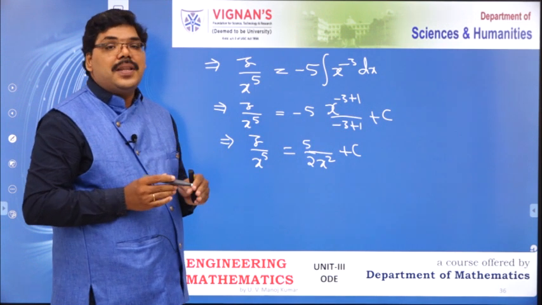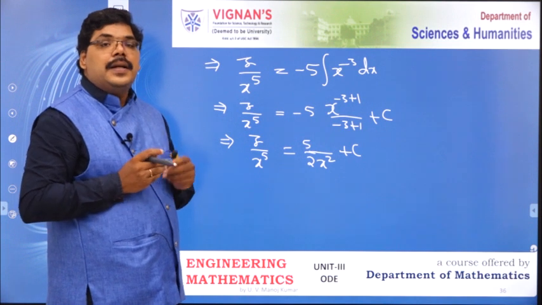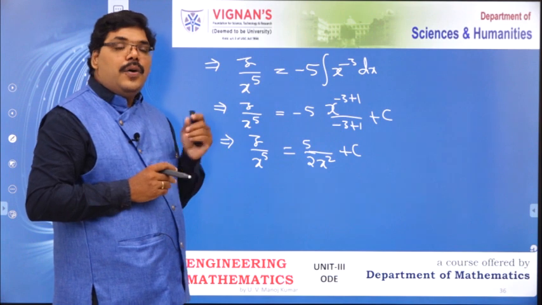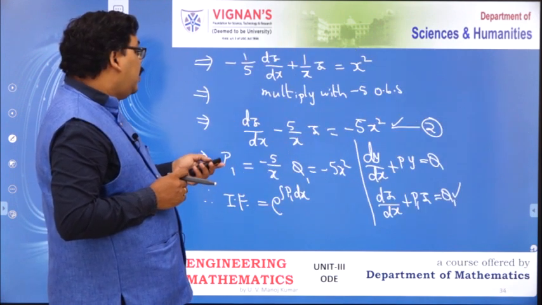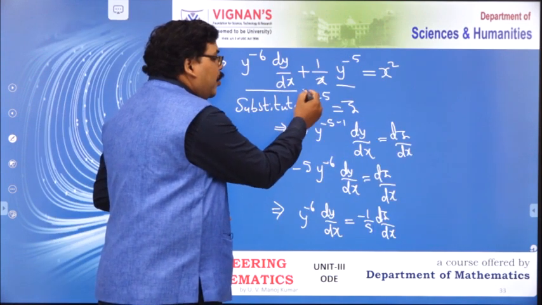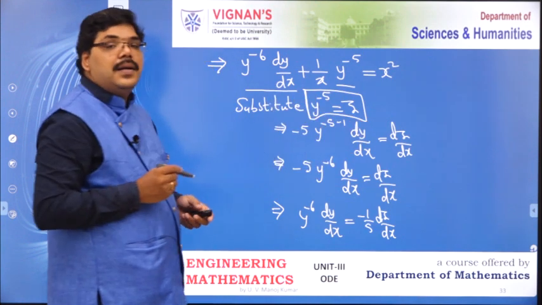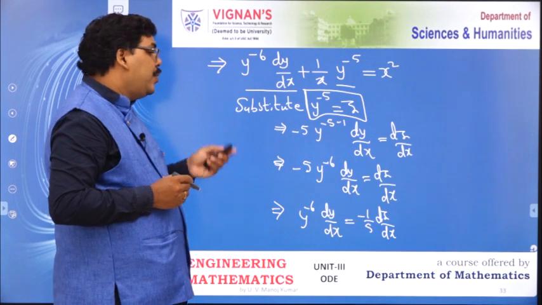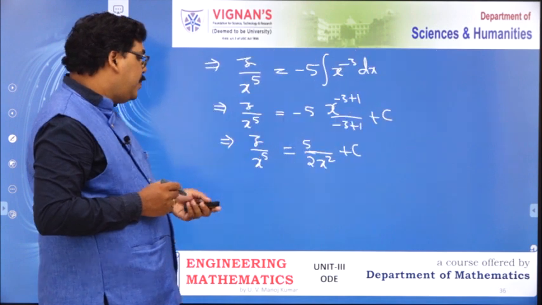I want to find the solution for the Bernoulli's form equation, first equation. What is the difference? Both differ by the dependent variable. How did you reduce it? If you recall, we made this substitution. To reduce the equation into linear, what is the substitution we have taken? Z equals to y power minus 5. So back substitute this in the final solution.